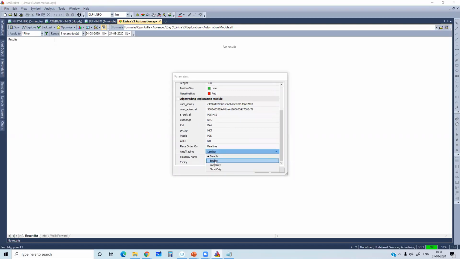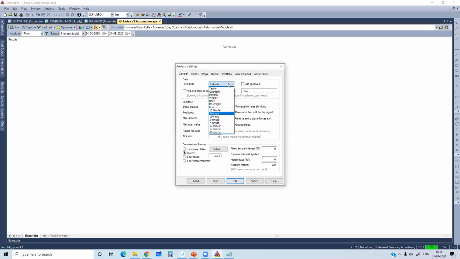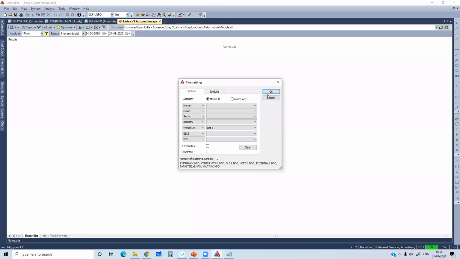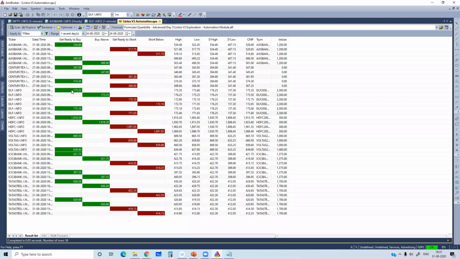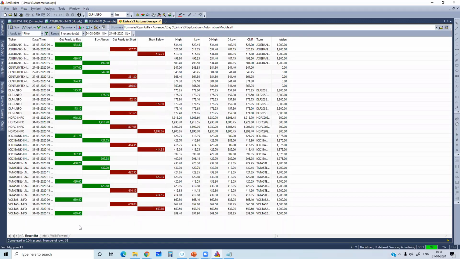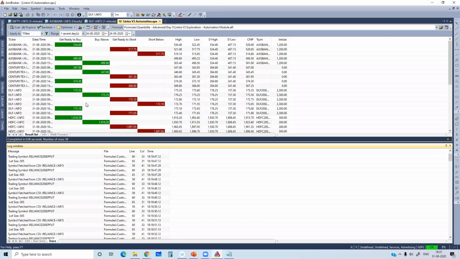The only thing is that you have to go and enable the algo trading, because by default it would have reset those values. So once you enable the algo, press OK and run the explore. Prior to that, make sure that we are running on a 5-minute time frame, because it is as good as running all the symbols on a 5-minute time frame chart. Check out the filter. Filter is running all those 7 symbols, and run the exploration. Automatically, any new signal which comes over here, the order will be sent automatically, which you can see from the order log window also. If you go to the order log window, from here you should be able to see it.